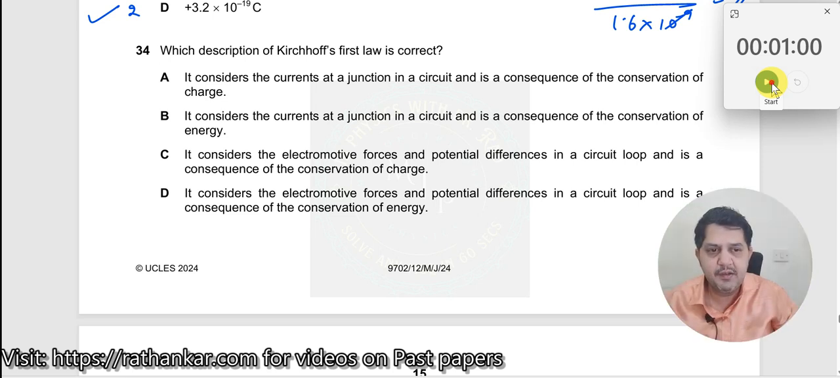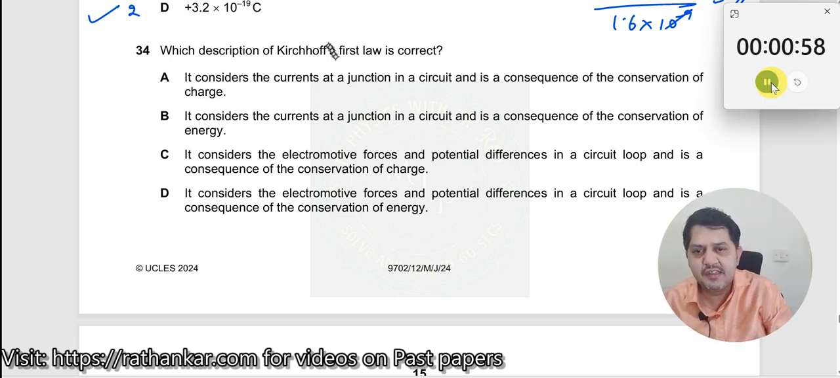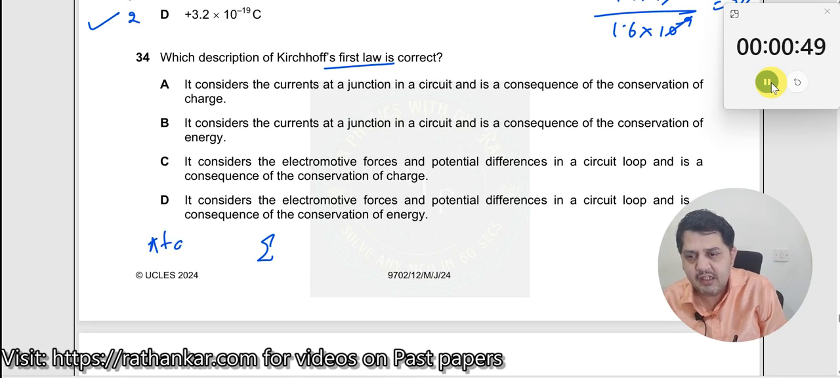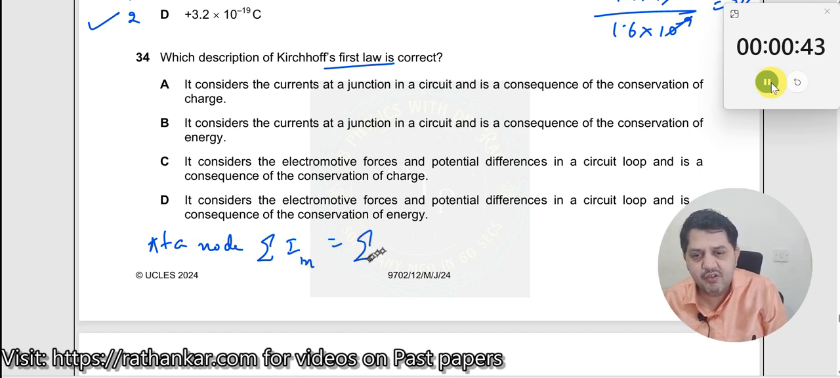Question number 34. Which description of Kirchhoff's first law is correct? What is the first law? The first law states that at a node, okay, let me write it down. At a node, the summation of input currents, the incoming currents, is equal to the summation of outgoing currents, which means I